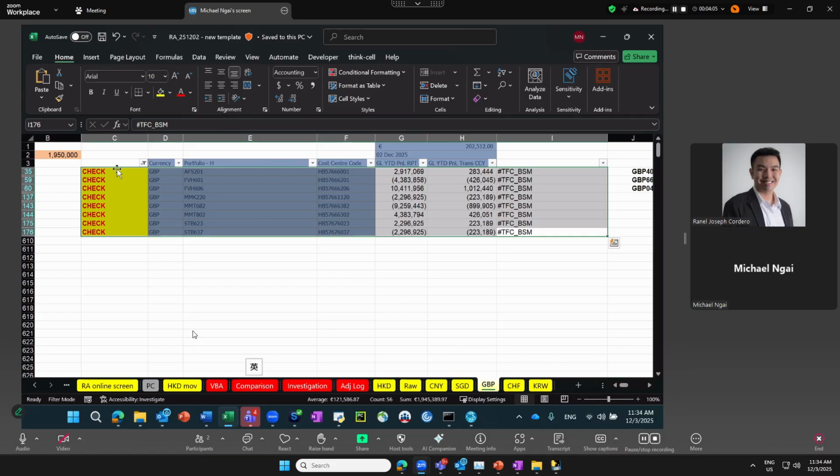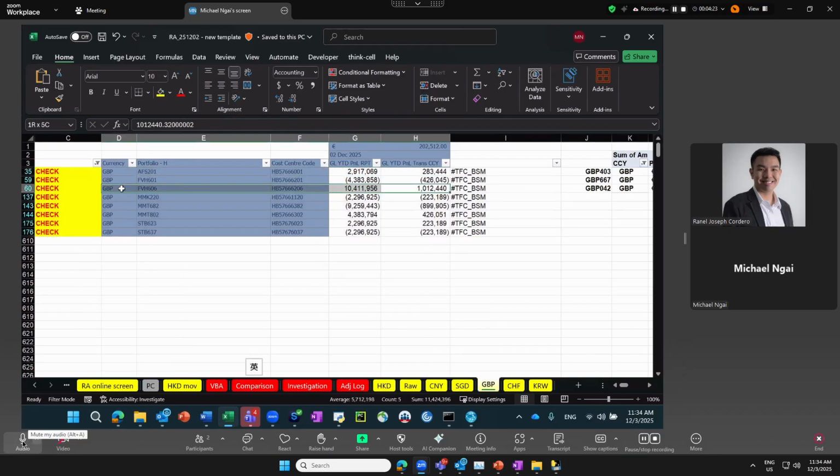For example, here, all of the British pound books are under BSM desk. So you need to ask the BSM nearshore team to confirm whether these P&L are valid. If, for example, for FVH 606, the real P&L should be zero, but now we have $1 million here, then today they will post an adjustment.